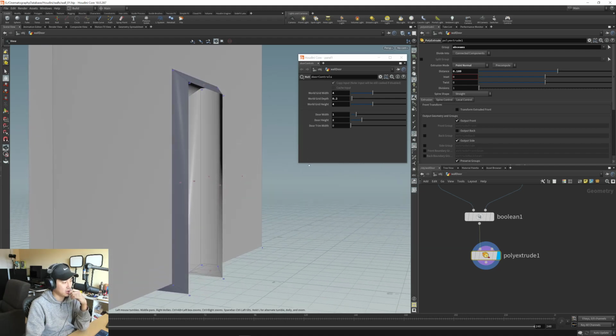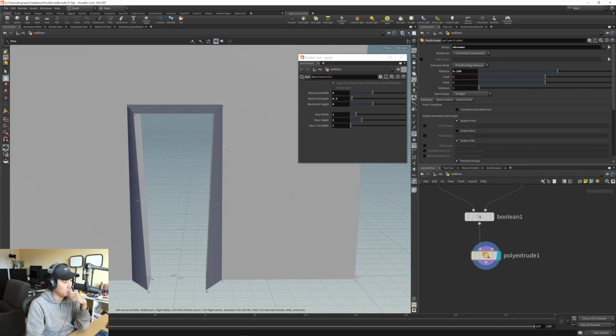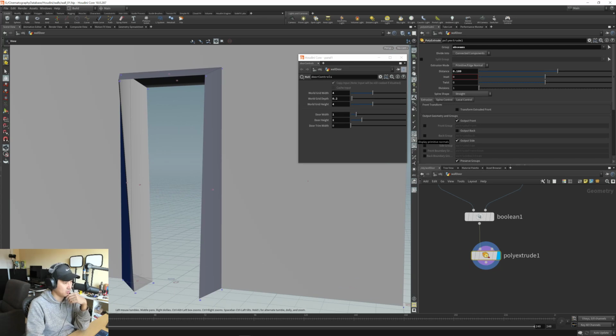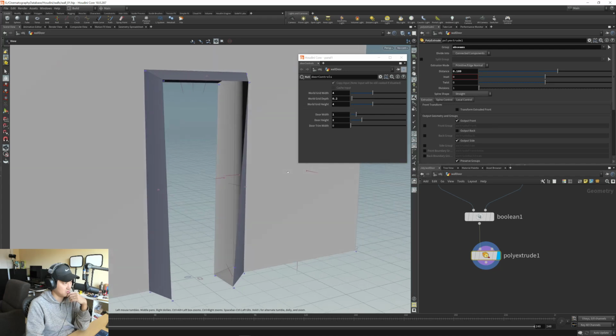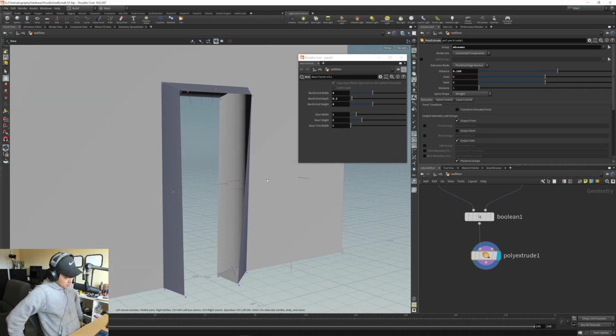I don't know what an edge normal is. Can you even view edge normals? This is like a primitive normal. This is close though. I'm probably going to have to mess with the normals to make those extrude out like a door frame. But having this geometry selected